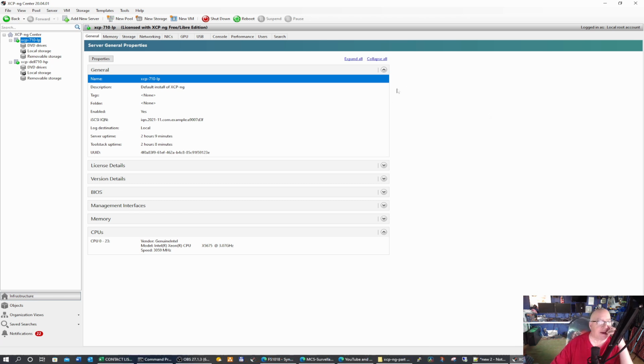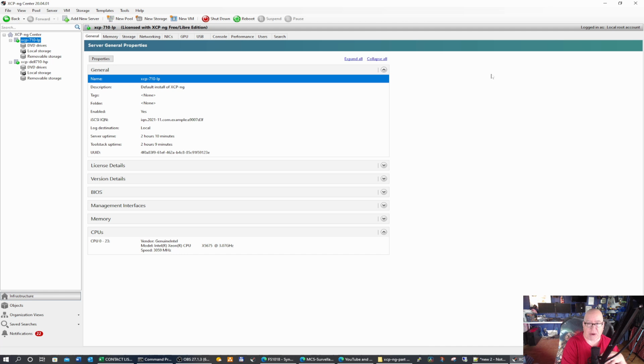Now, the next thing we need to do is get our storage repository set up. So I'm only going to do it on one of the servers because I'm not quite sure if Xen Orchestra will allow me to share those resources among servers. I believe it will. So I'm only going to do this on my primary XCP-NG server, which is the Dell 710 that we upgraded the CPUs in. So the first thing we need to do is set up an ISO share. So you're either going to need to set up an NFS or SMB share on your Synology or your Windows machine or your